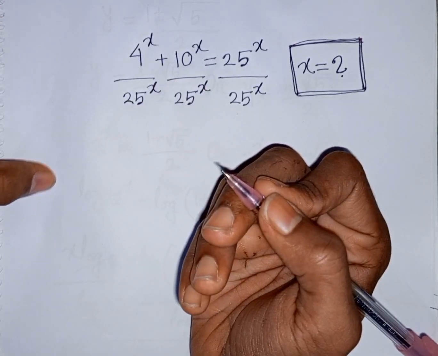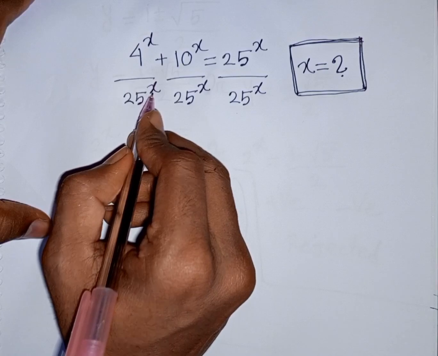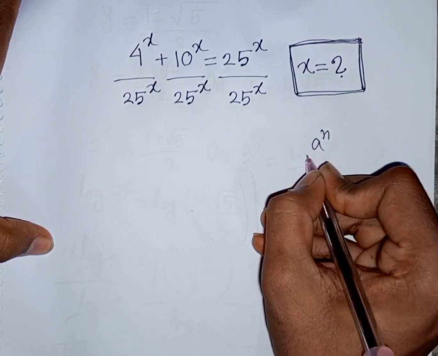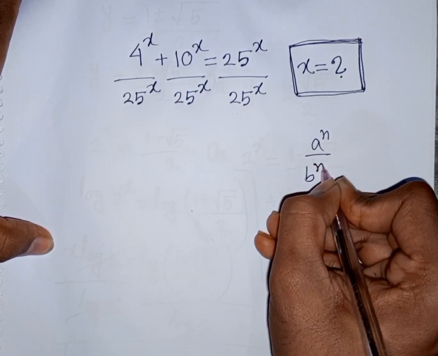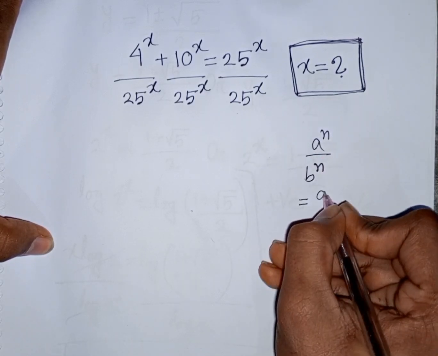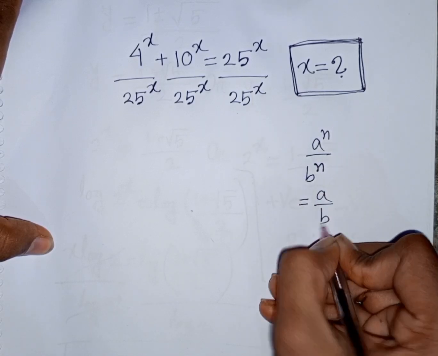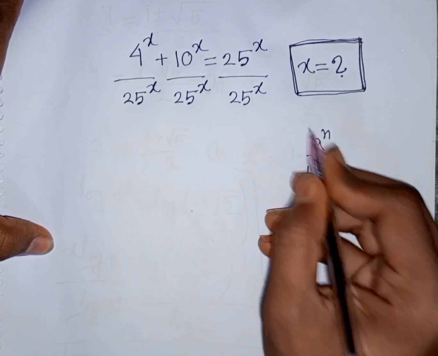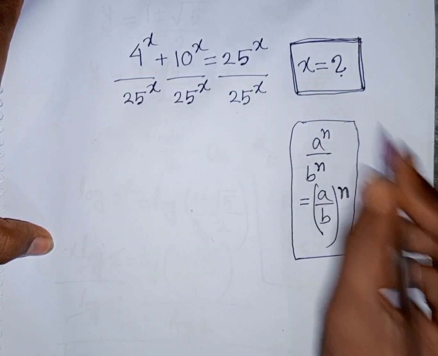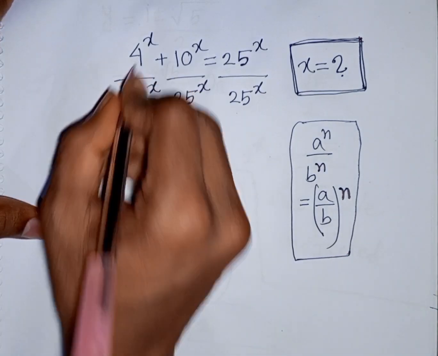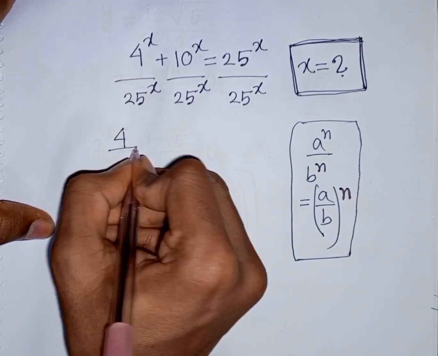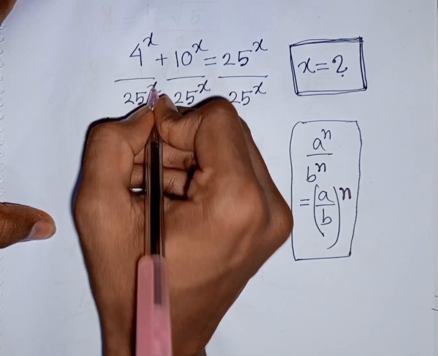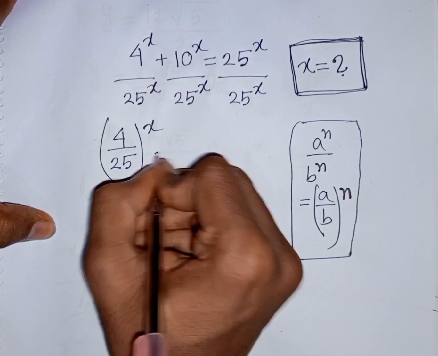Now from here we see x is the same power but different base. So remember this exponential rule that a power n over b power n is equal to a over b, then bracket common power n. So according to this rule, I can write here 4 over 25, then bracket common power x, then plus